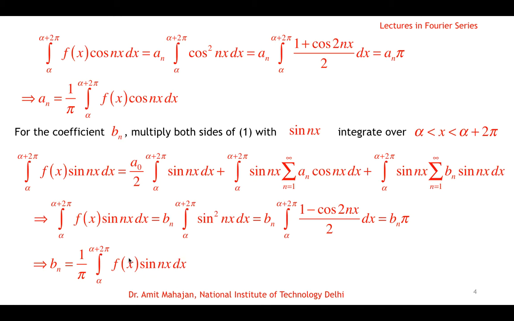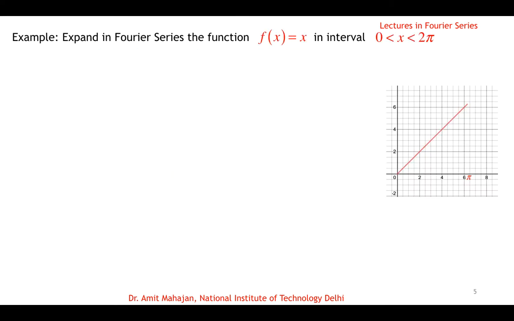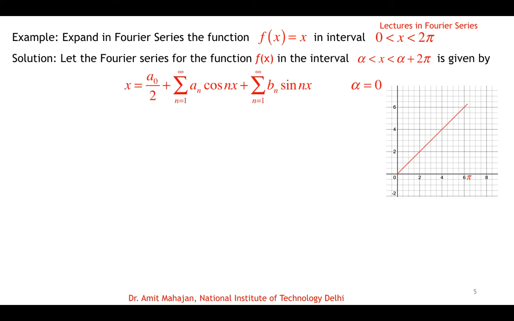Okay, so this is a very simple proof of Euler's formula for the Fourier series expansion of a function. Now I take an example of how to find the Fourier series expansion for the function f(x) equal to x in the interval 0 to 2 pi. So given this function f(x) equal to x in the interval 0 to, oh here it is 2 pi, not pi, 2 pi. And we can expand the function as a Fourier series expansion in this interval 0 to 2 pi